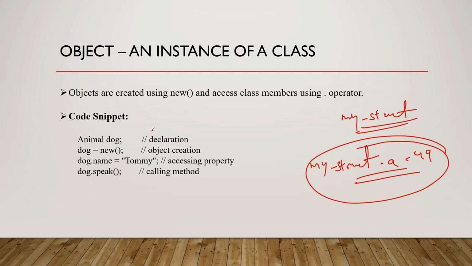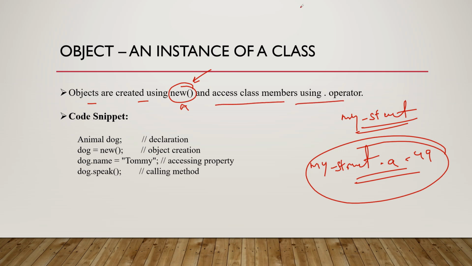Okay. So we have to create a handle and take the instance. Here, objects are created using new. New is nothing but a constructor. We will discuss more in detail in the next slide. I will discuss what a constructor is, but for now, you can consider that objects are created using new. New allocates the memory for your object, and we can access all the class members using the dot